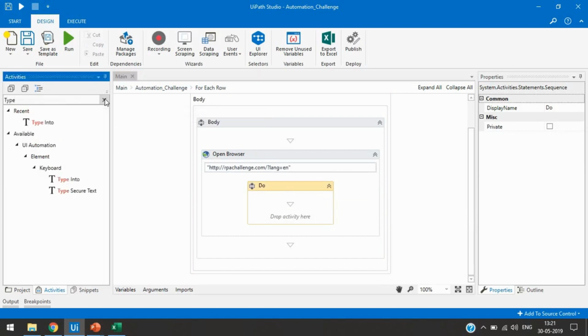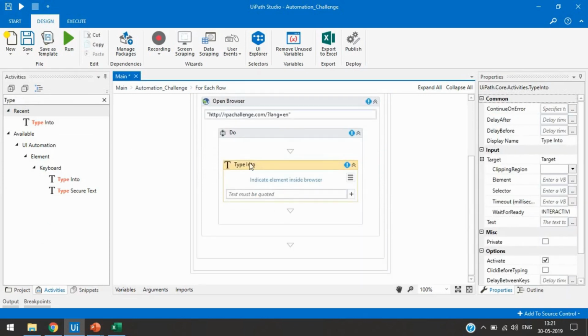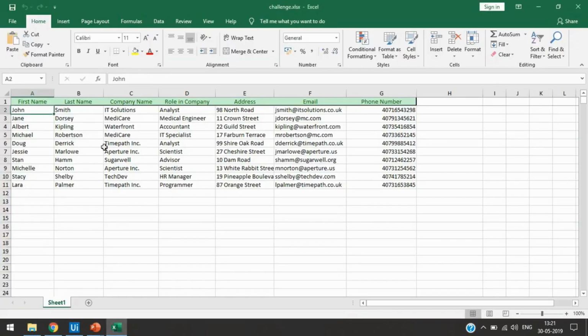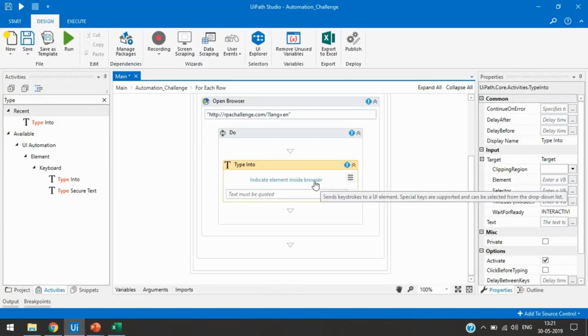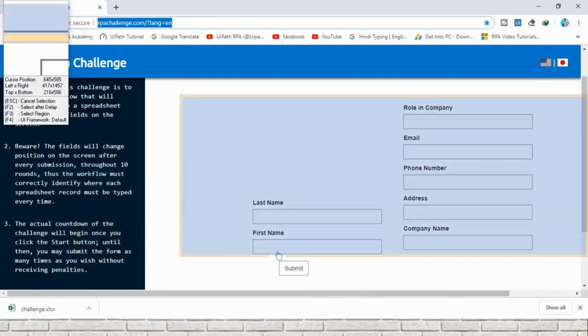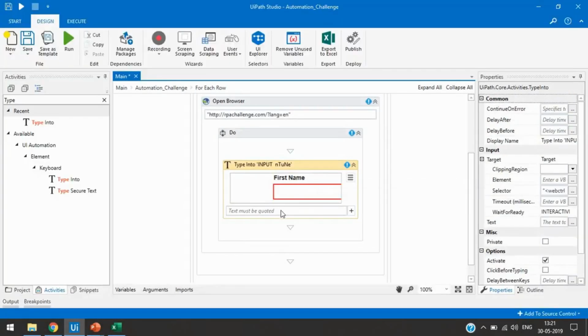type into activity. This type into activity is for first name. So we'll click on indicate element in the browser, click on the first name, and then here we'll write row, because we have the data in row.